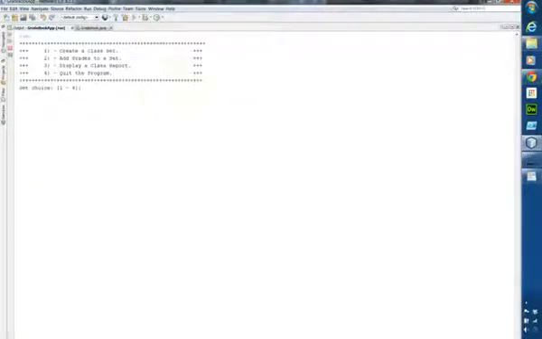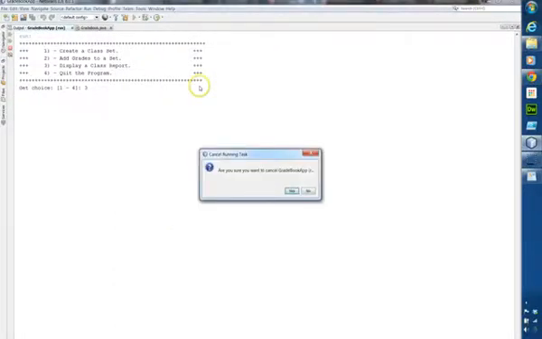Okay, so we want to display, so we'll hit option 3. Whoops. You have to click here in the input and the output window to do this. Alright, something happened because it didn't pop up the JFile chooser. Alright, so